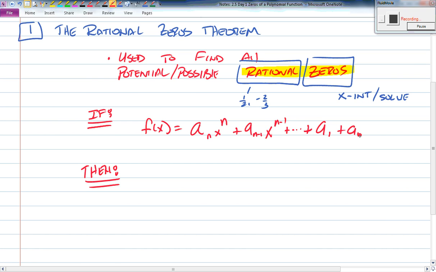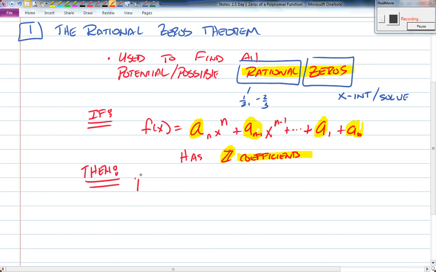If we're given a generic polynomial function, I realize that it looks funky to you. Don't worry about it, okay? And this generic polynomial function has integer coefficients. All right, I'm going to tell you what all that stuff means. So integer coefficients. First of all, this is the symbol for integers. We know that. The integer coefficients, I'm talking about all the numbers out in front. If these are all integers, if all of those have integer coefficients,